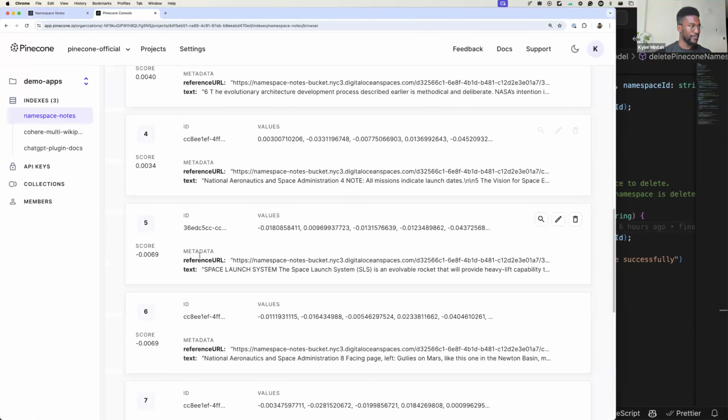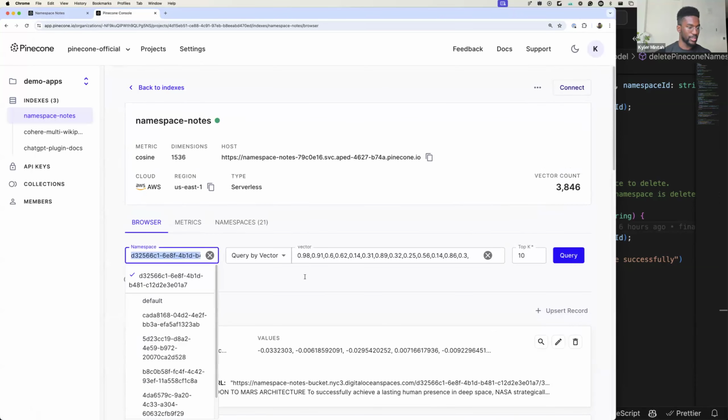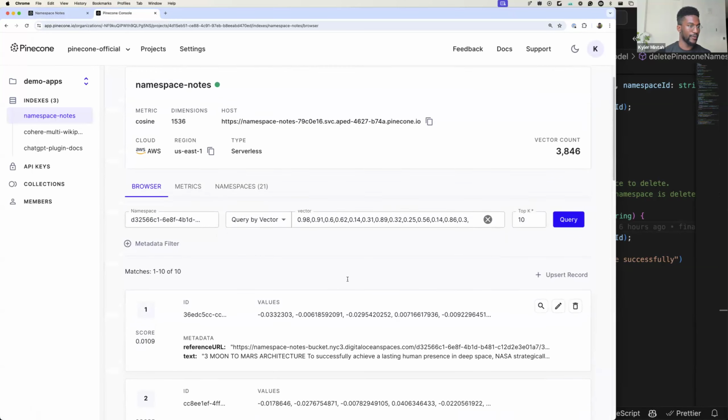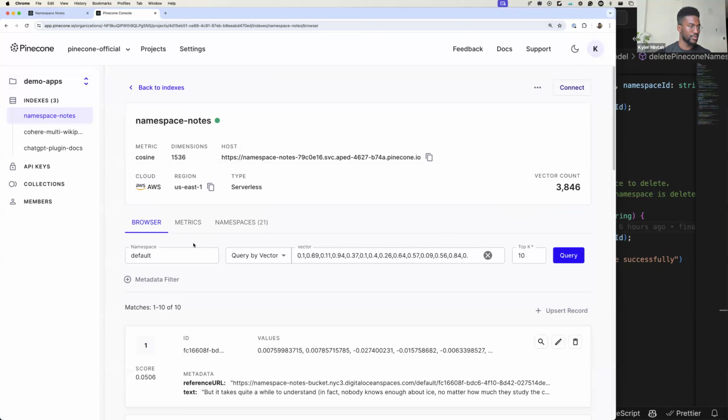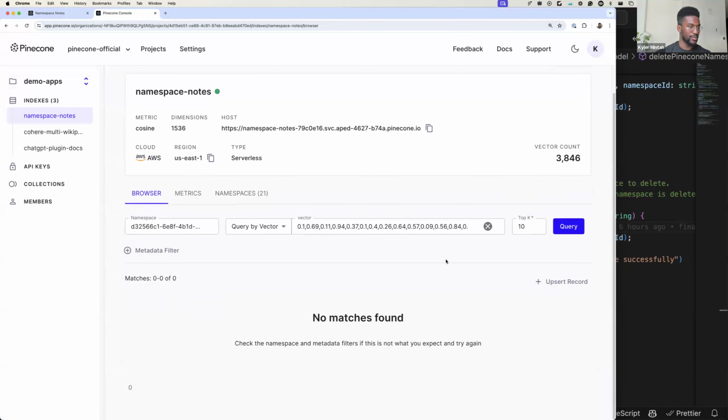To drive home the point, if I go back to Pinecone, we were looking at this namespace before. If I were to go ahead and hit refresh, and then try to query for that namespace again, we'll notice that we no longer have any context,